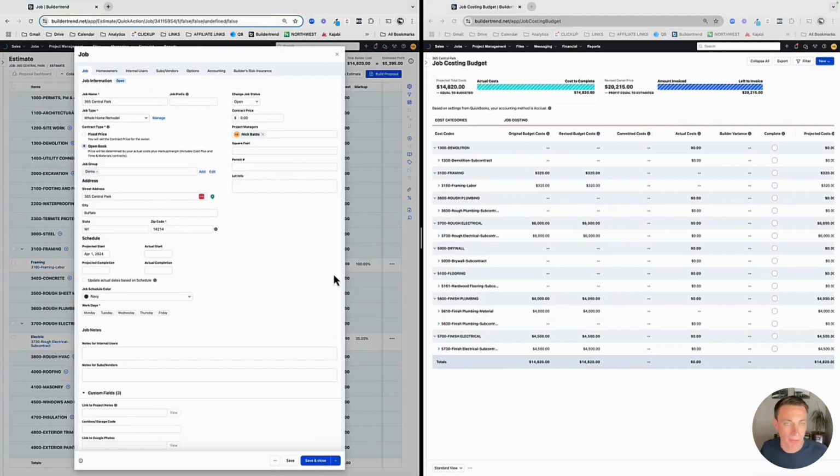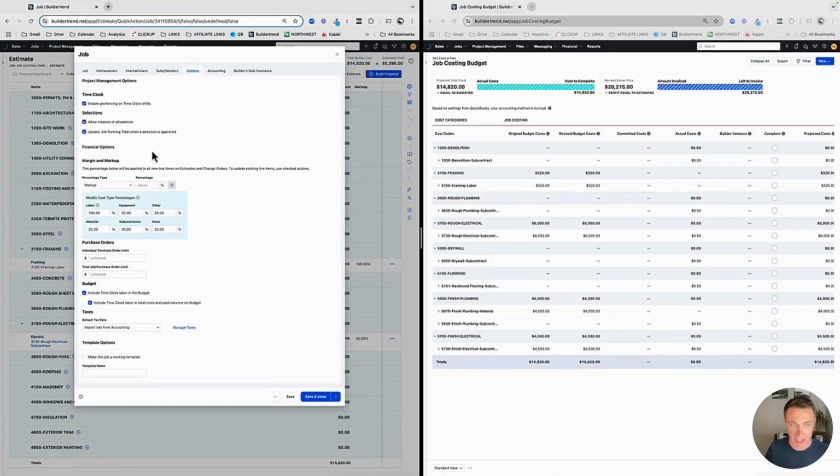We have to set our parameters, and that specifically means our markup. The markup is something that's going to be part of your contract. Or you're going to have that in there. You're going to say we're going to incur our costs, and then we're going to add X percentage. And we're going to update that right here in the options. Now, this can be flat across all costs that you incur, but Buildertrend has really smartly given us this variable cost type, which is so helpful for the time clock,